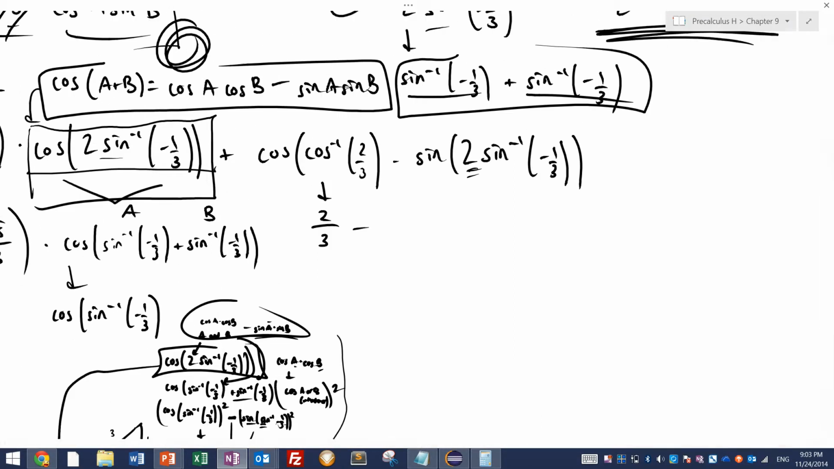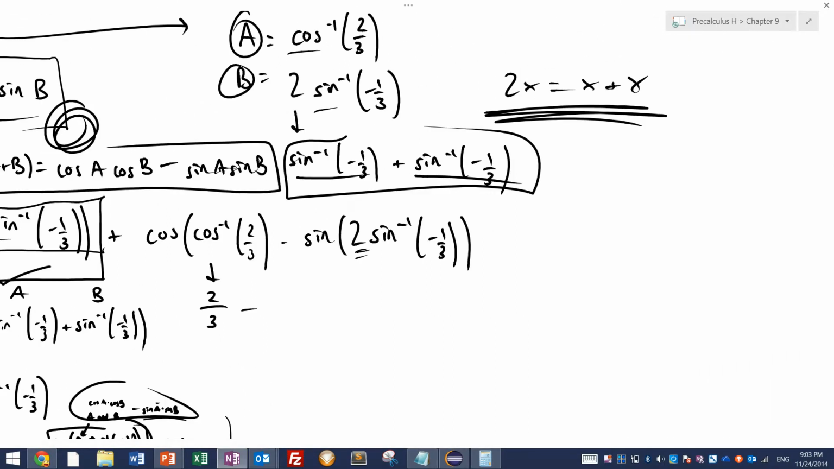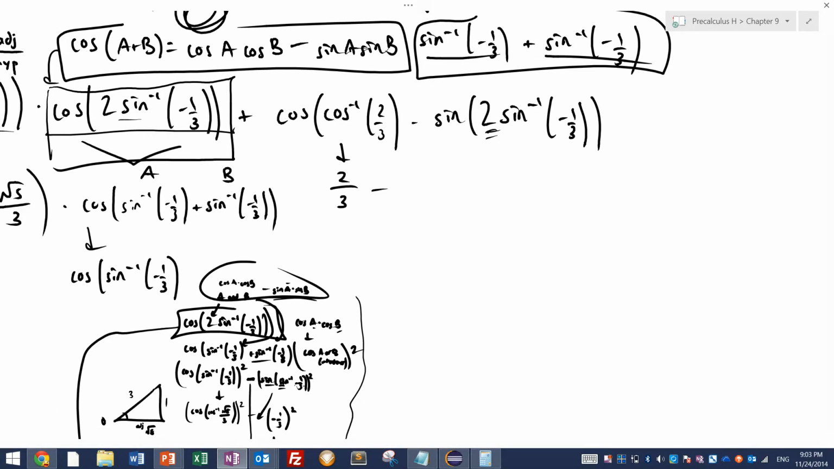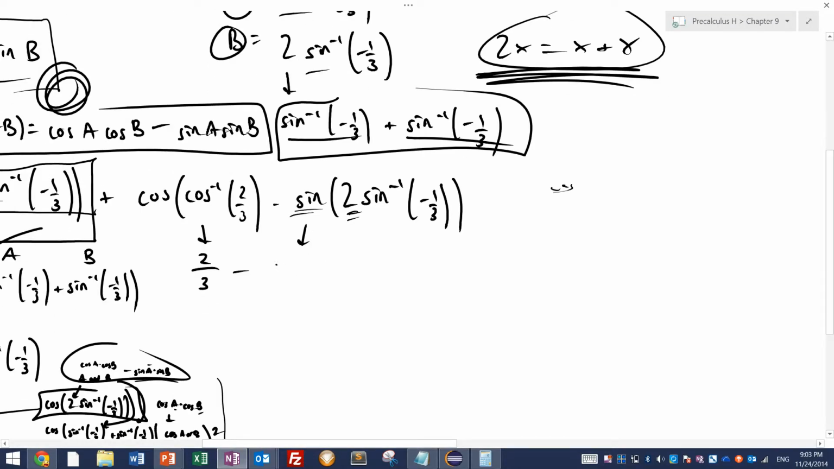I don't remember it being this hard, but in case you do ever run into it, just remember, if you can't remember identities to help you, 2x equals x plus x. It's going to give you the ability to use either the law of sine addition or the law of cosine addition. So basically what this is going to give us is